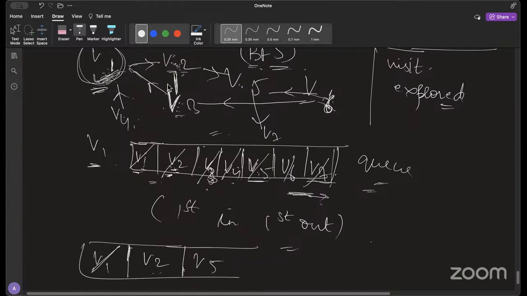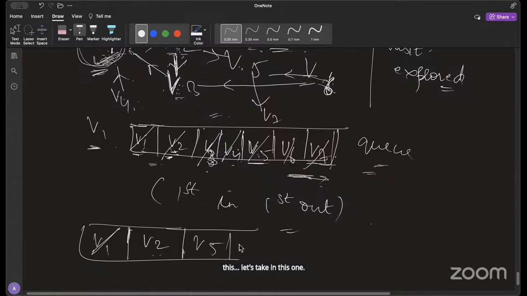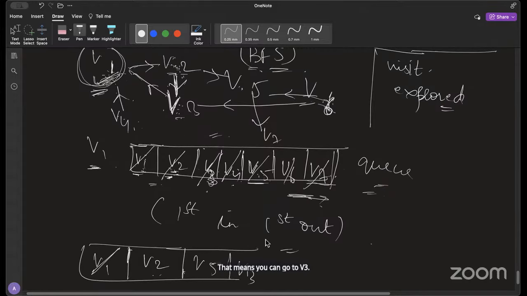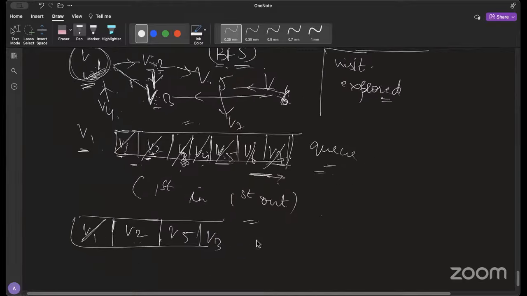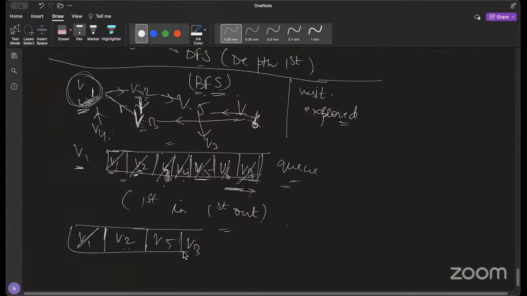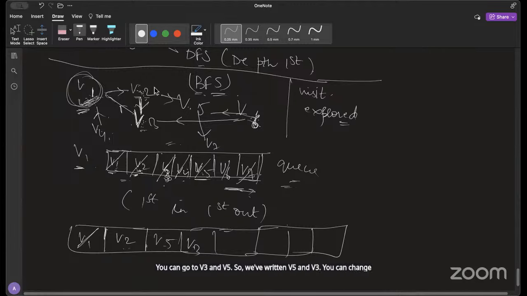Let's take this one. That means you can go to V3 and V5. So we've written V5 and V3. You can change the order too, it doesn't matter. And V2 is explored, right? So you can cross this one. And you have V5. From V5, you can go to V7. And that's it. V5 is also explored. Then coming to V3,